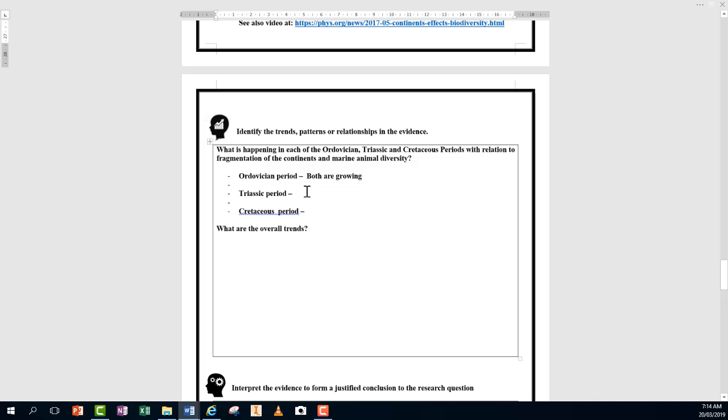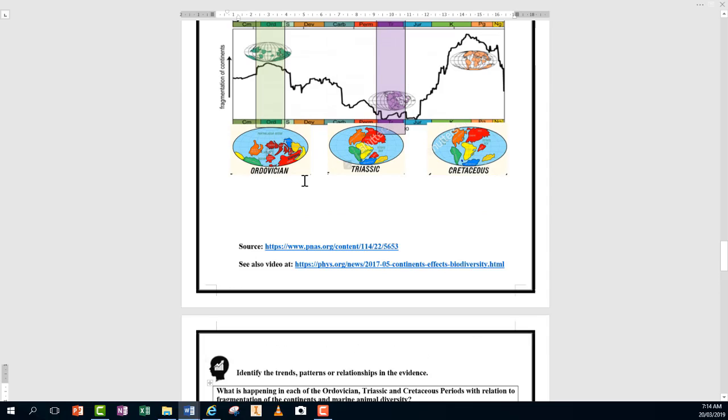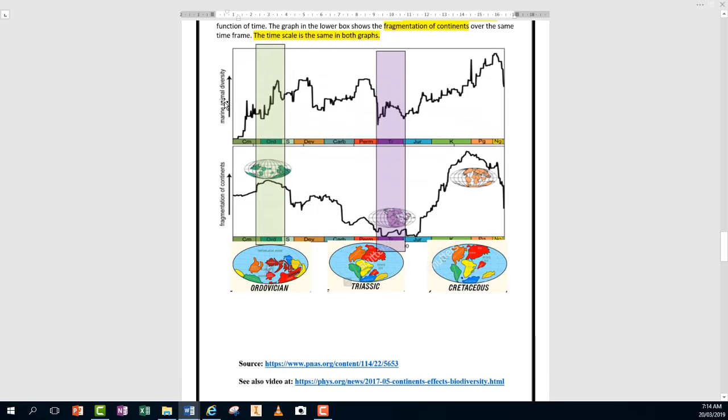Okay, welcome back. So in this section, both graphs are reducing. Again, I'm doing that for time-wise for the video. What I'd like you to write down there is what you see happening. I'm just seeing that both graphs, but you would actually name what each of those graphs are to be able